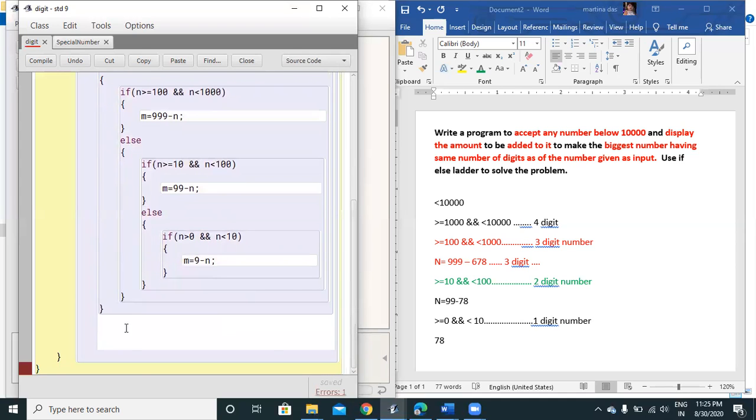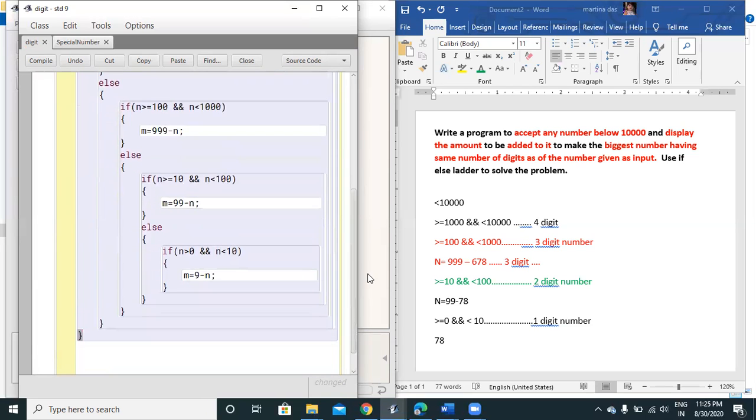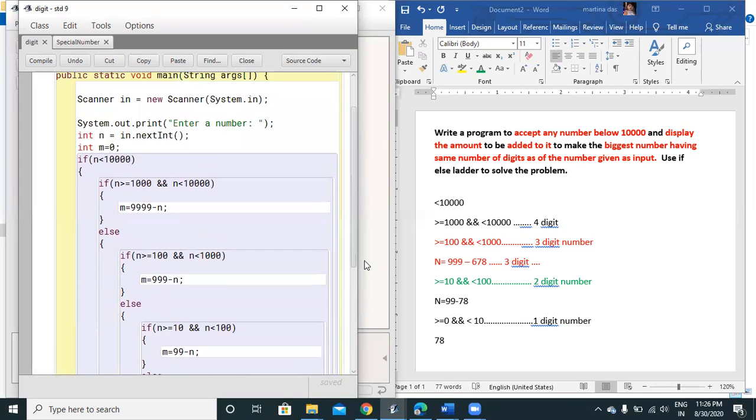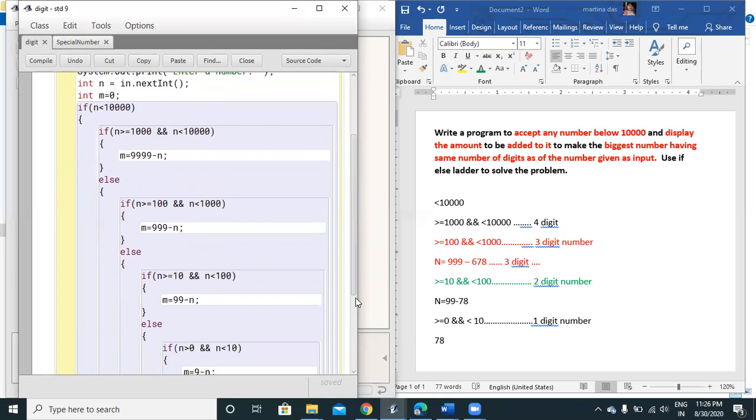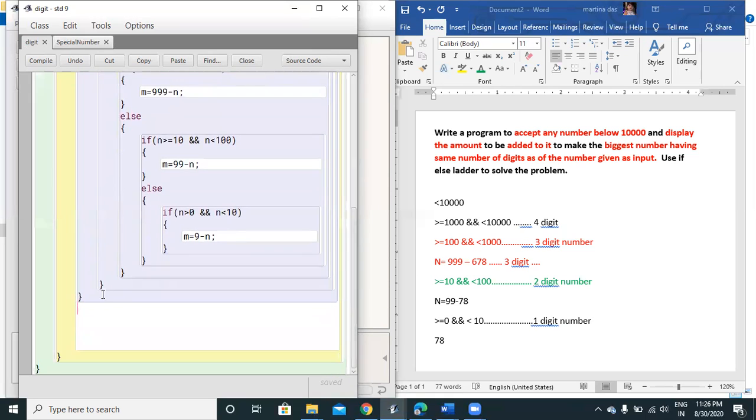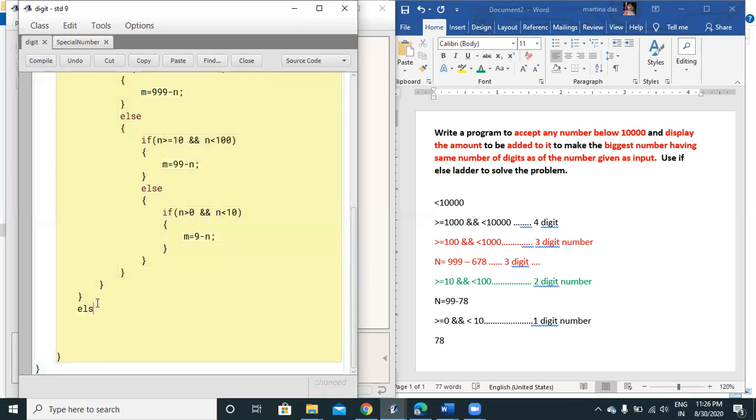So you can see over here I finished with my if block. For this if block, all these statements were within this if block. Next, if it is not less than 10,000, that is not the number that should be entered. So for this, I'll write the else.